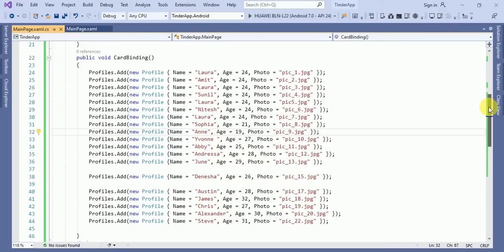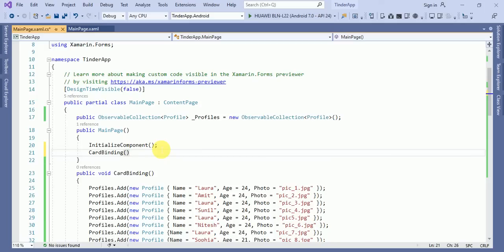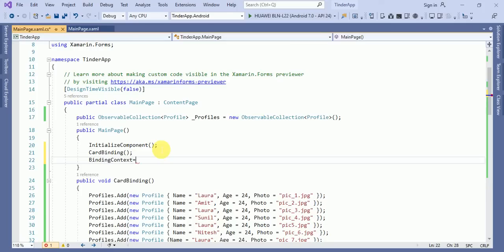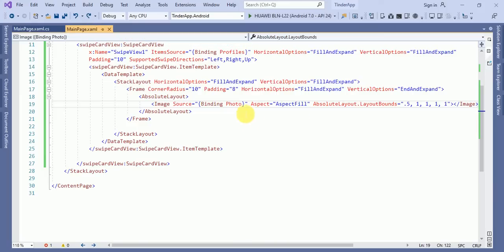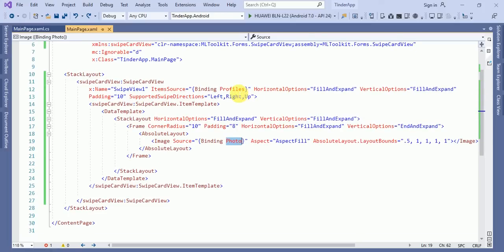Now I call this method over here. Now binding context equals to this. Okay, and here we will check everything is okay. Photo is okay, and profiles is okay.